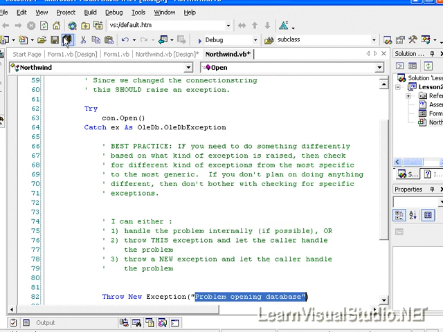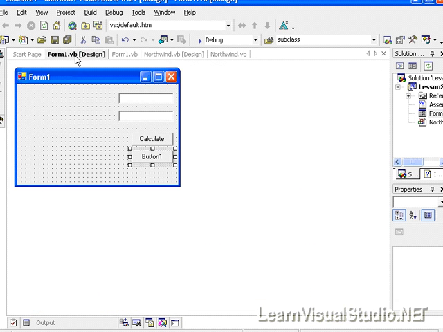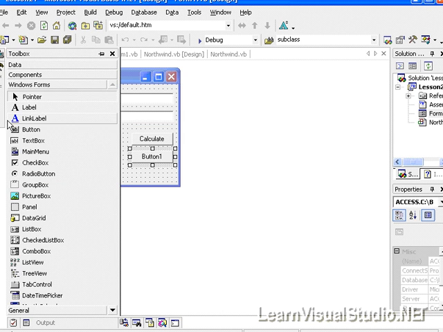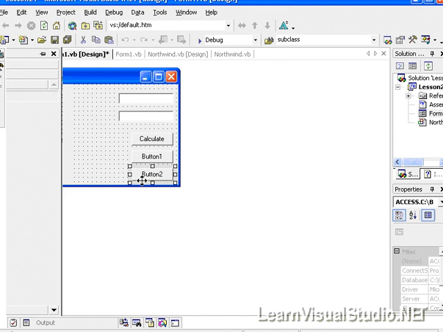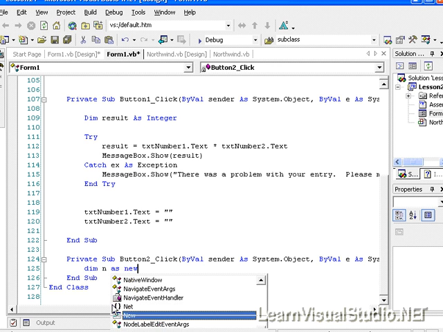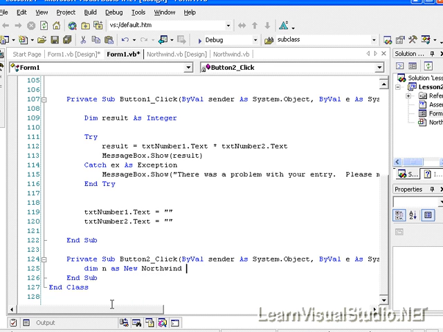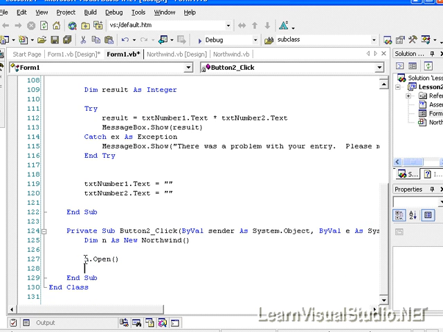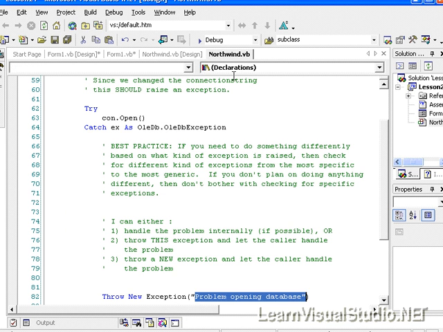So now let's go to our Form 1 and add another button. Whoops, let's get to our toolbox here. And we'll just leave it the default name. Now the way that I've constructed my application, the first thing I want to do is Dim n As New Northwind, and then let's do n.Open. Now what happens if n.Open fails? Well, it'll fail in our Northwind class,